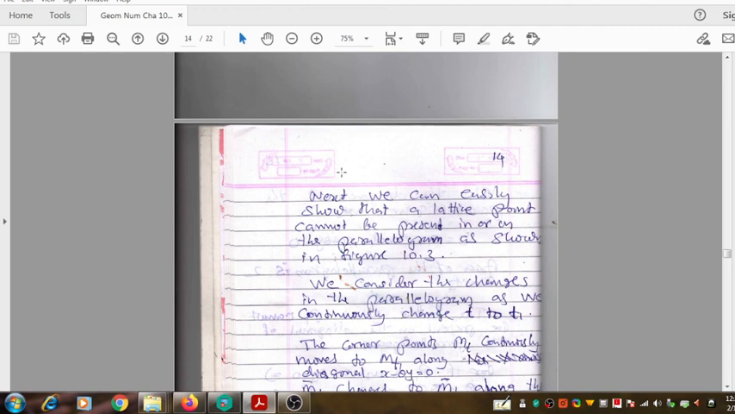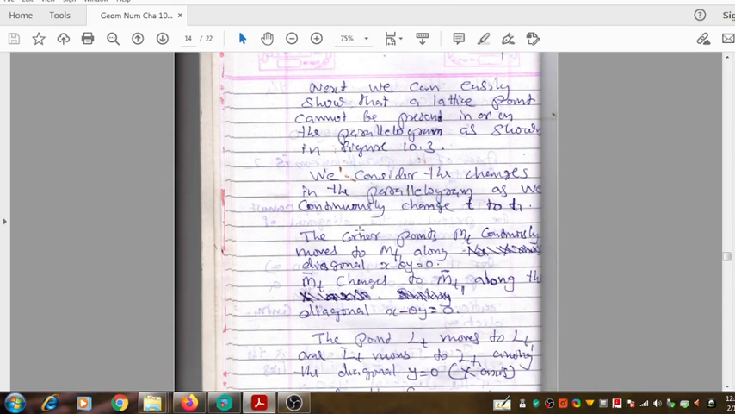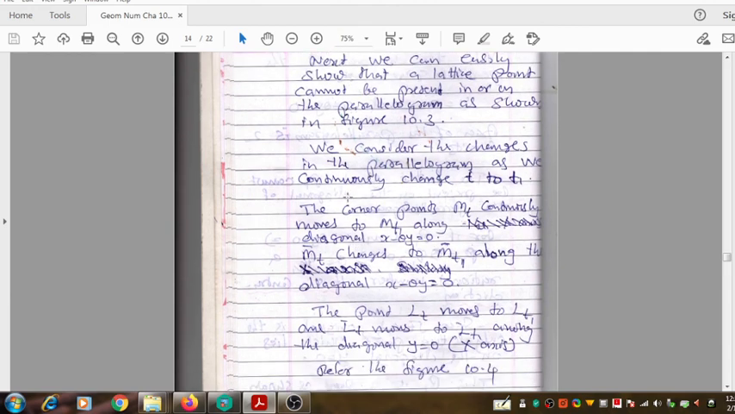After completing the discussion of non-existence of any lattice point on the diagonals of the parallelogram, next we are moving to show that a lattice point cannot exist in or on the parallelogram. So it is much more serious. Here we are going to show that no lattice point can exist anywhere on the parallelogram. How can we do that? For that, we consider the change in the parallelogram